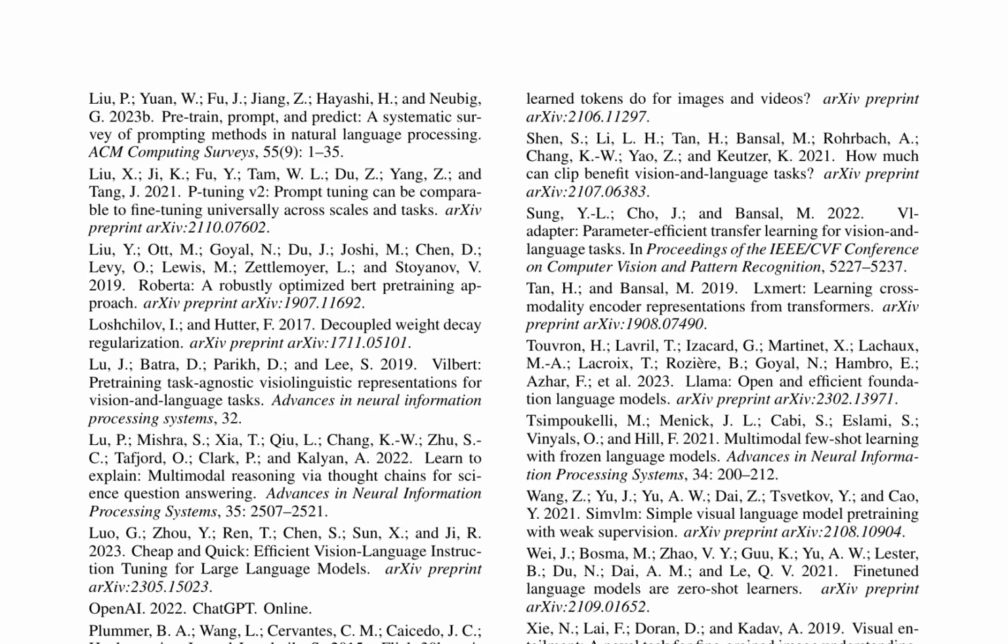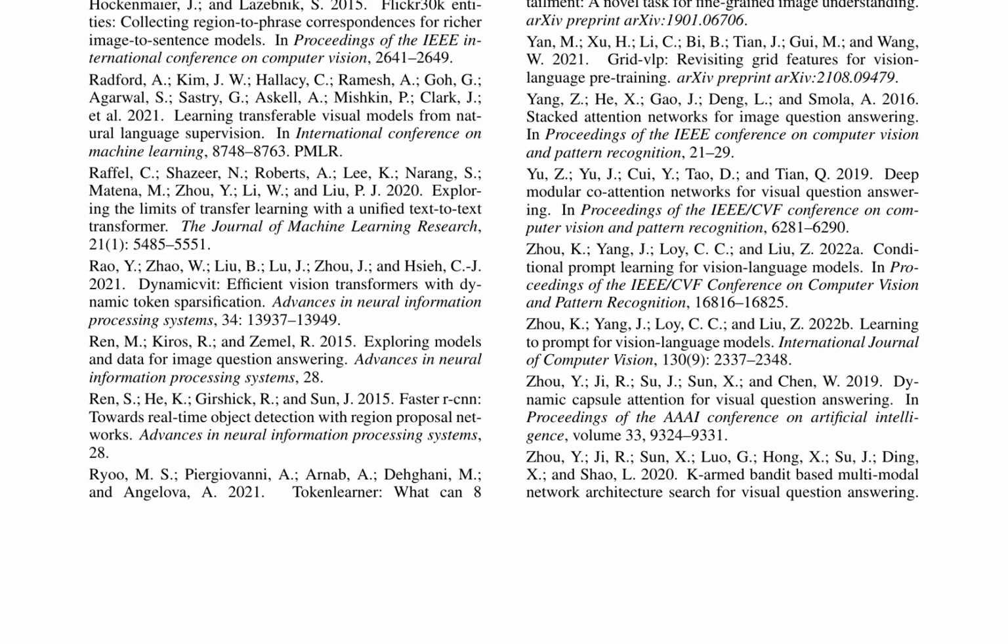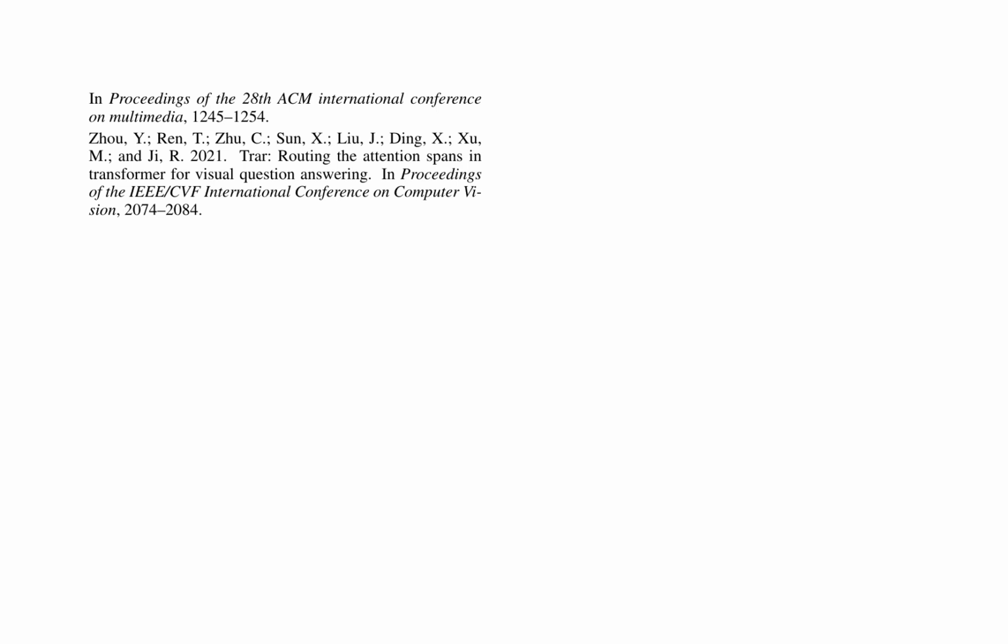The research paper discusses various methods in natural language processing, focusing on prompting techniques for pre-training and fine-tuning language models. It surveys several approaches, including P-tuning v2, which shows comparable performance to fine-tuning across scales and tasks. The paper also explores the limits of transfer learning with a unified text-to-text transformer. Additionally, it delves into efficient vision-language instruction tuning for large language models and the benefits of using CLIP for